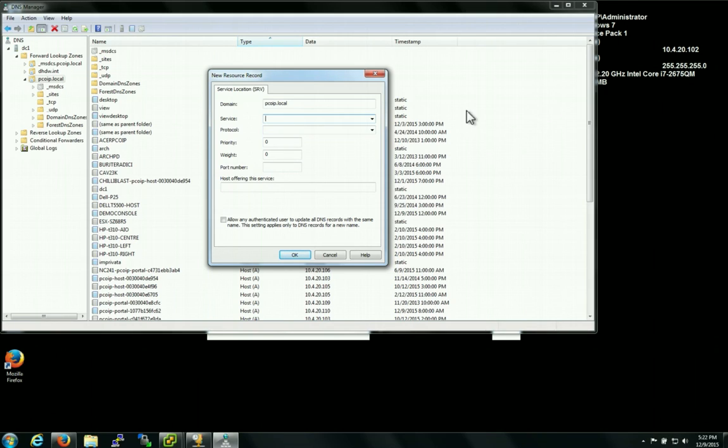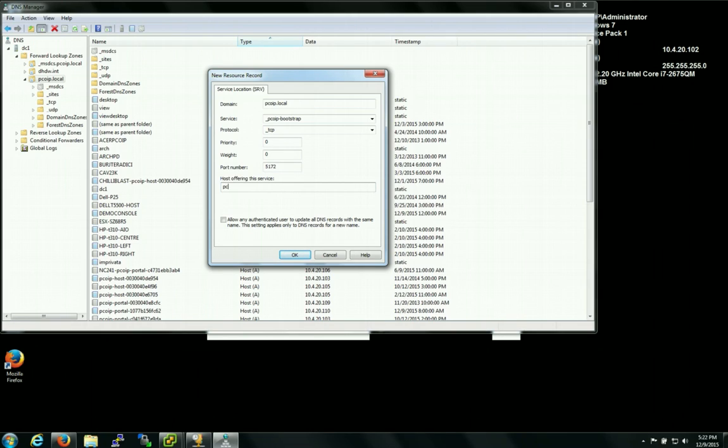So the service name is underscore PCoIP bootstrap, and the protocol we're using is underscore TCP, and the port number is 5172, and the host that's offering this service is the A record I just created,